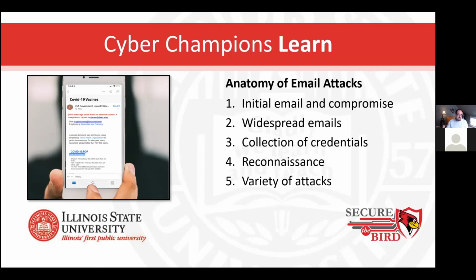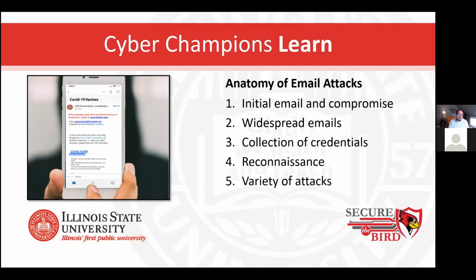So just for some insight, you've probably seen the outcome of this, but anatomy of email attacks usually starts with an initial compromise. So this will come from an outside source and compromise an individual on campus. From there, you can see widespread emails. So this is sometimes seen where we get those part-time job offer kind of emails. Those are part of scams that somebody got compromised, and they're doing widespread emails within the community from that point. Now, they're doing that so they can collect more credentials, user accounts, passwords, whatever they can get out of it. That's their goal at that phase.